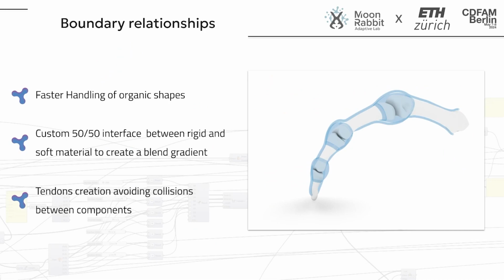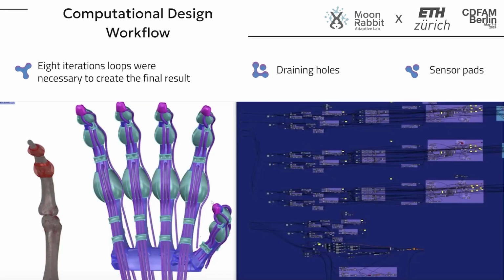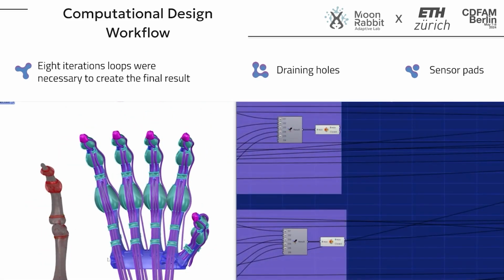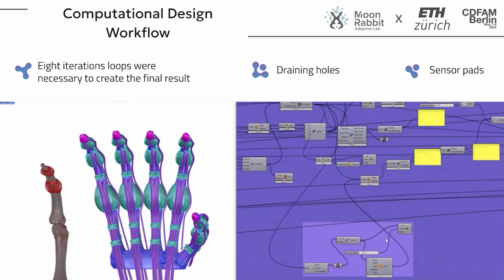After that, we started building on top of this element, because by building on top of the element, we knew that we were able to, for example, parameterize the thickness between the soft and the rigid, between the pulley, between the tendons, between all the ligaments. In this way, we have a more complex design based on a single structure. So what we did was identify that single structure, and then we created the model on top of this. After 8 iterations, we reached the final result, in which we have a model complex enough to